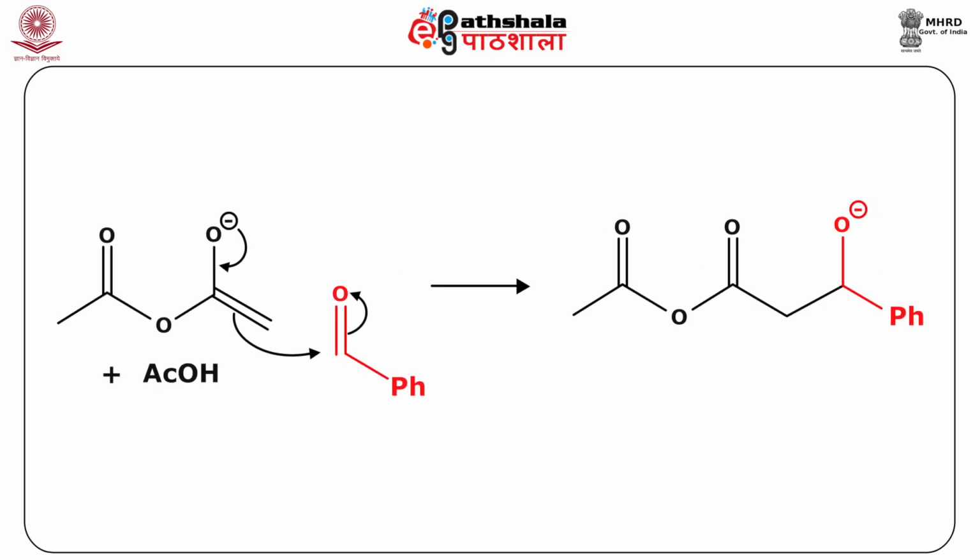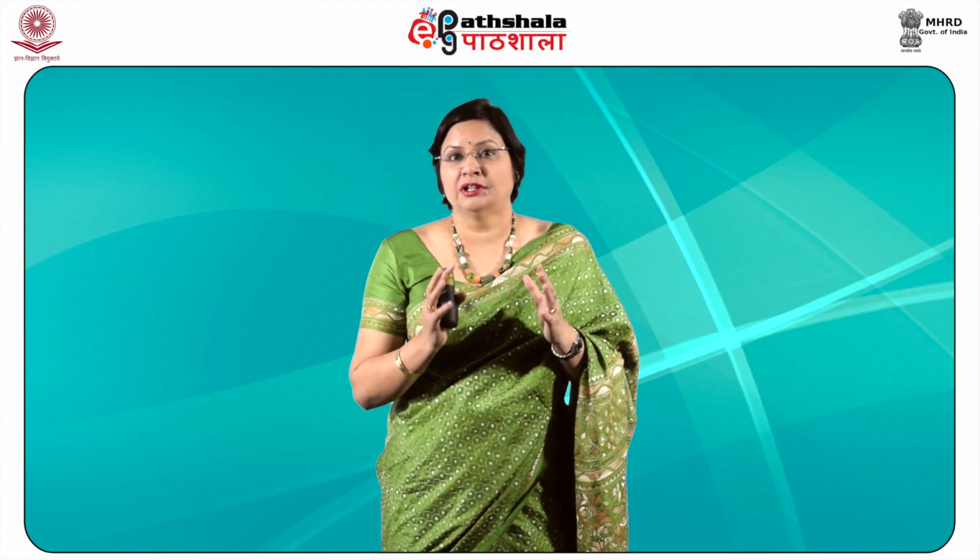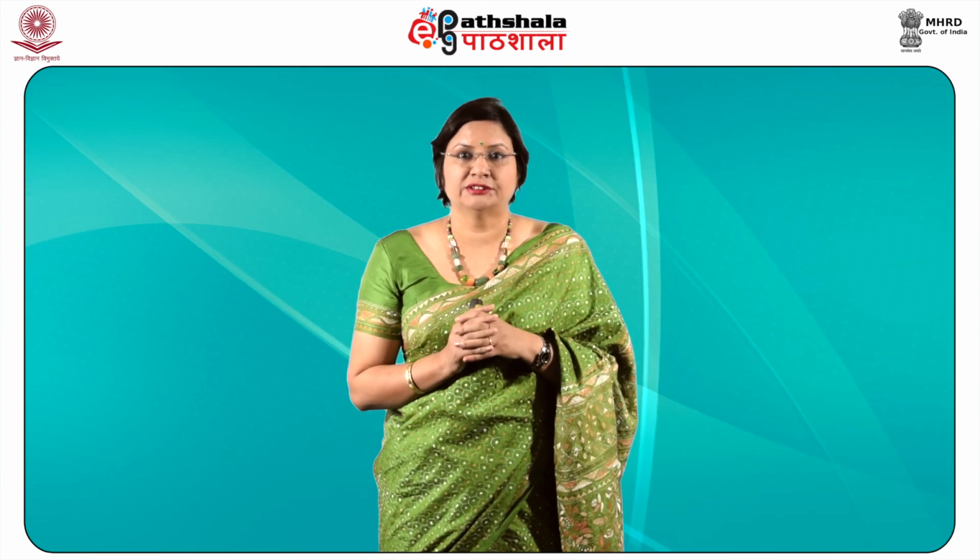After this alpha carbanion or enolate ion is formed, the next step is that the low equilibrium concentration of the enolate ion will attack as a nucleophile on the electrophilic carbonyl carbon of the benzaldehyde molecule. This results in the formation of a new carbon-carbon bond between these two molecules, as you can see here. Notice that so far the reaction is a normal aldol-type mechanism.